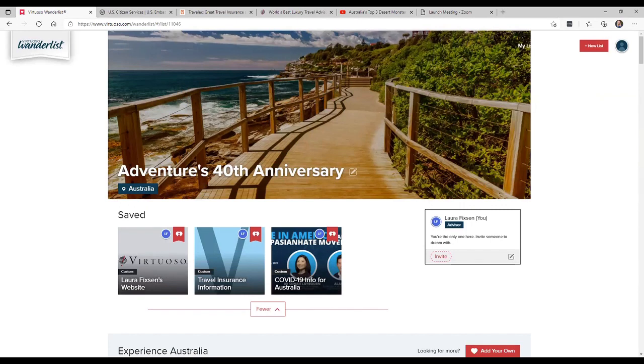Okay, so now I want to take a pause and talk about a couple of things that are important to consider when you're creating a list for a client. When you're creating a list for a client, you're going to use this invite button to invite them to your list. So they're going to come through Wanderlist through a list invitation. Now, if your client already used your personalized advisor link to create their account and they're already attached to you, you don't even need to worry about inviting them to a list. It's just business as usual.